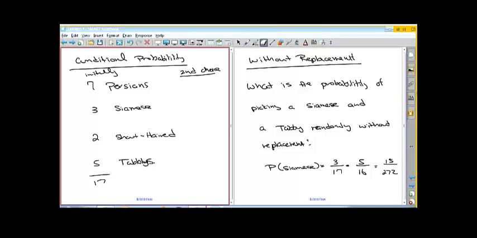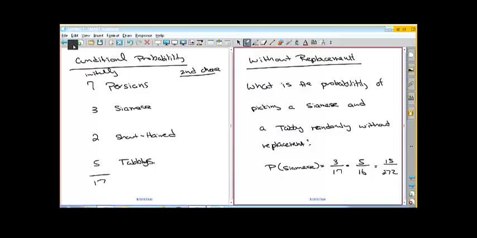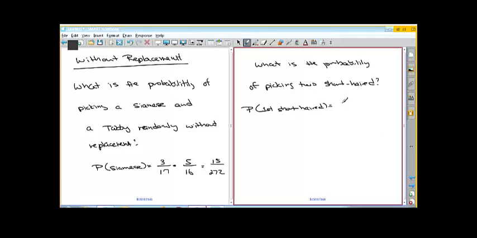Every time you do a new thing, we always start out with the same number of initial choices. So we have 2 short-haireds, we have 17 cats, so the initial probability of picking a short-haired is 2 over 17. The probability of picking the second short-haired,